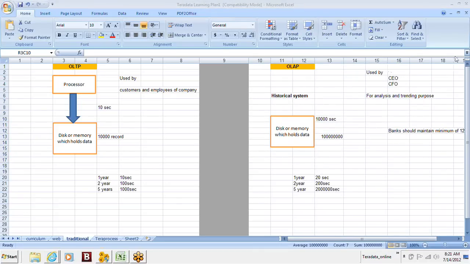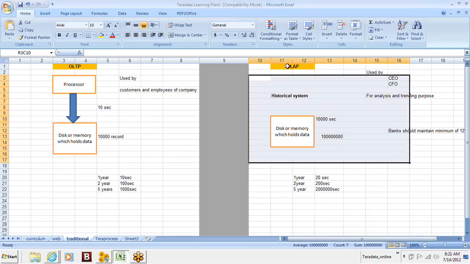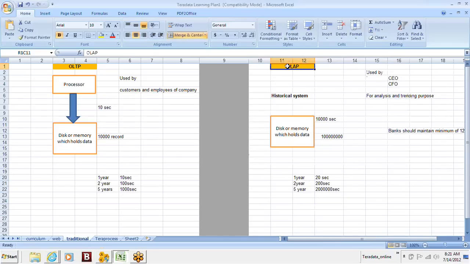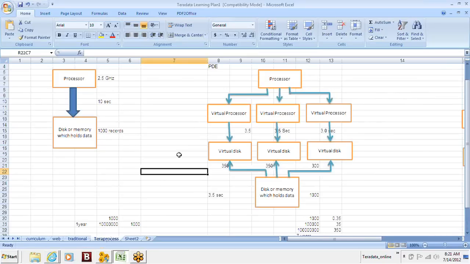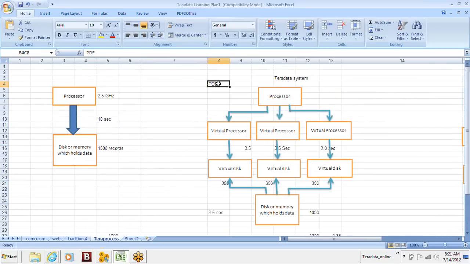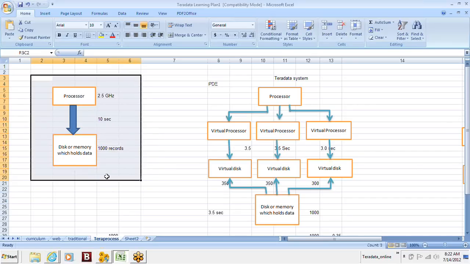Okay. So that is the problem for the industry in analytical processing systems in the early 1990s when they came up with the data warehousing concepts. So for a solution, Teradata has come up with a patented software called PDE, that is Parallel Database Extension. This is the traditional RDBMS, which could be Oracle, SQL Server, DB2, Sybase, anything,